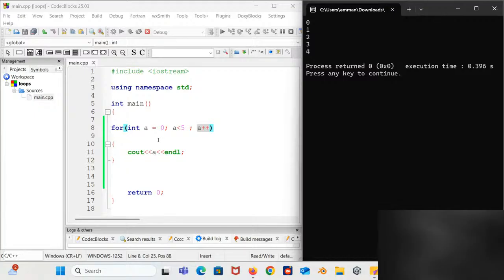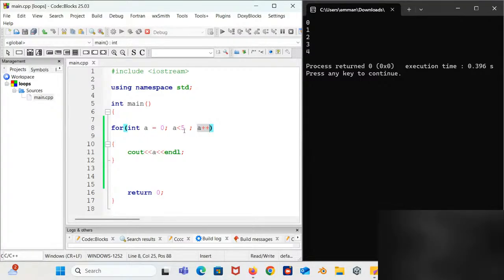Now what is basically happening here is that what is the current initialized value of A? 0, right? Is A less than 5? Yes, it means the condition is true. Then it comes to execute the cout A, so it outputs A, which is 0. Then after that, it comes to execute the third statement here, which is A plus plus. So it executes this, then it comes back here again. Now A plus plus means what? It's a post increment operator, meaning that we should add a value of 1 to A. So it adds 1 to A, making A 1 now. So it comes again.